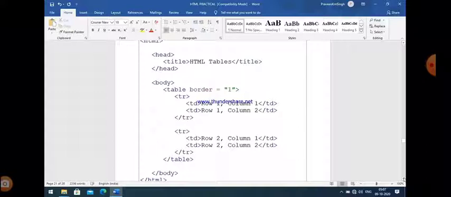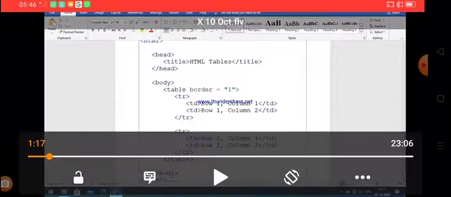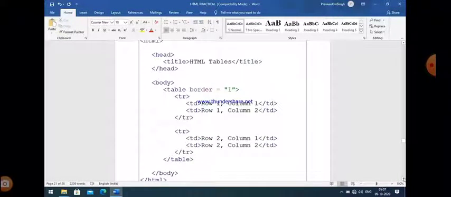After that, the tr tag is used, and within the tr tag you can easily see that two td tags are used, and within the td tags some data is defined. Actually, the td tag refers to the table data and the tr tag refers to the table row. So two table data are defined. It means there are two cells in the first row. The data of the first cell is row 1 column 1, and the data of the second cell is row 1 column 2. After that, we can see that the tr tag is closed and another tr tag begins, which means there is another row in which data is defined as row 2 column 1 and row 2 column 2 within the td tags.